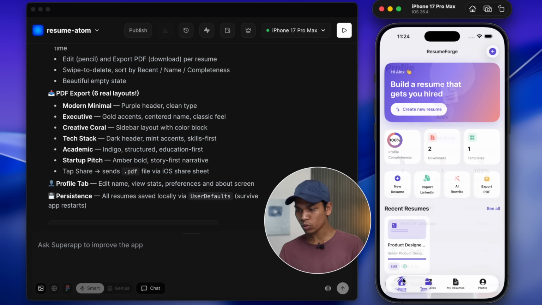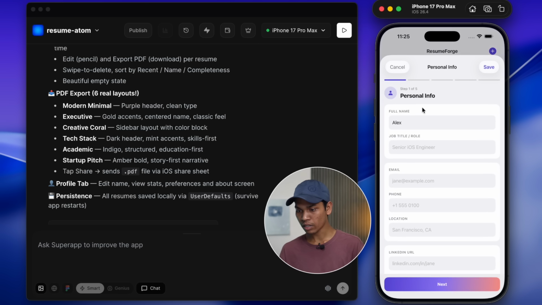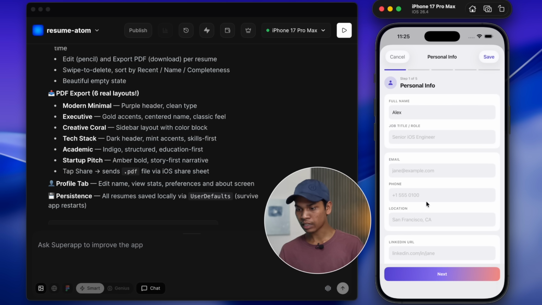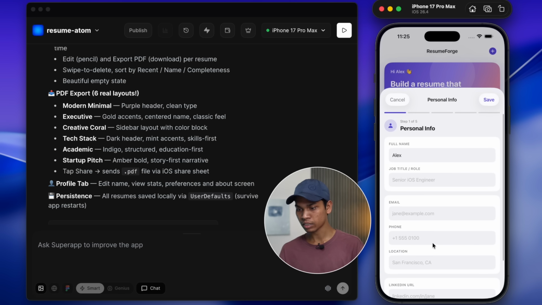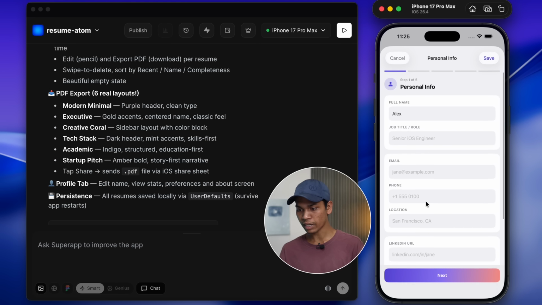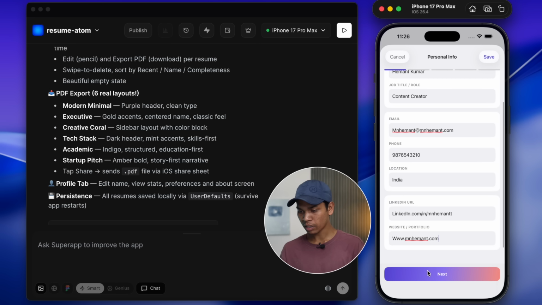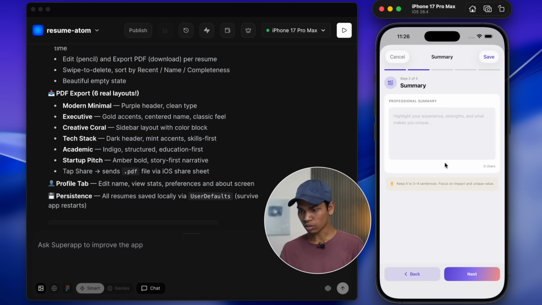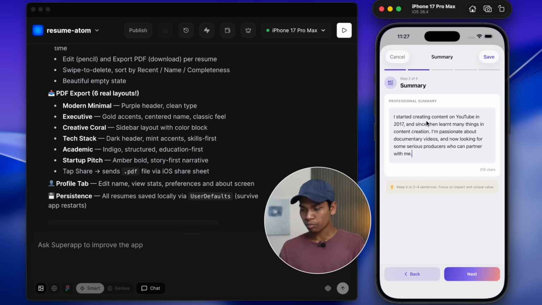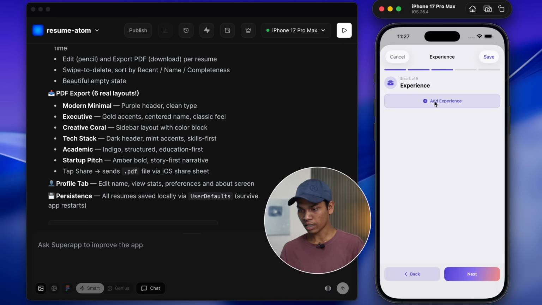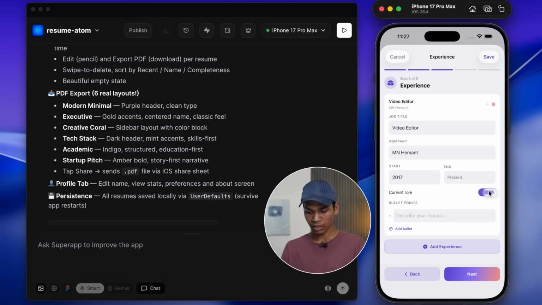So let's try to build a resume. I am clicking here create new resume, and then it is asking for details, personal info. First of all it is asking, so I am filling in some demo data. I have filled in some personal info, and then I am clicking next. Other than that, it is asking for a professional summary. This is my professional summary, and then I am clicking next, and then it is asking for experience. So I am typing here,